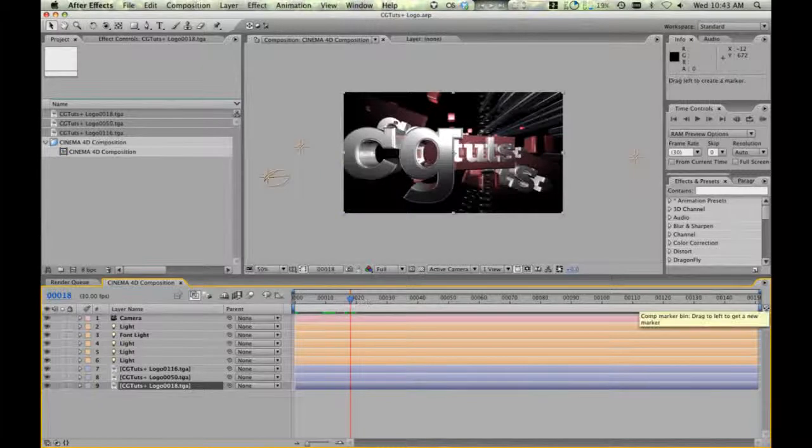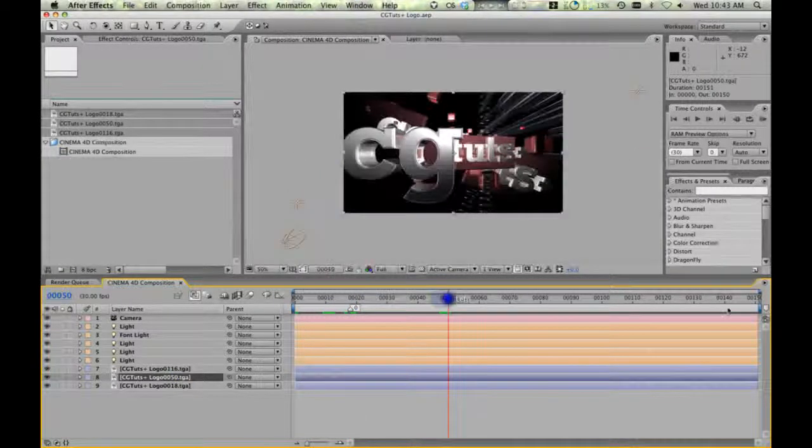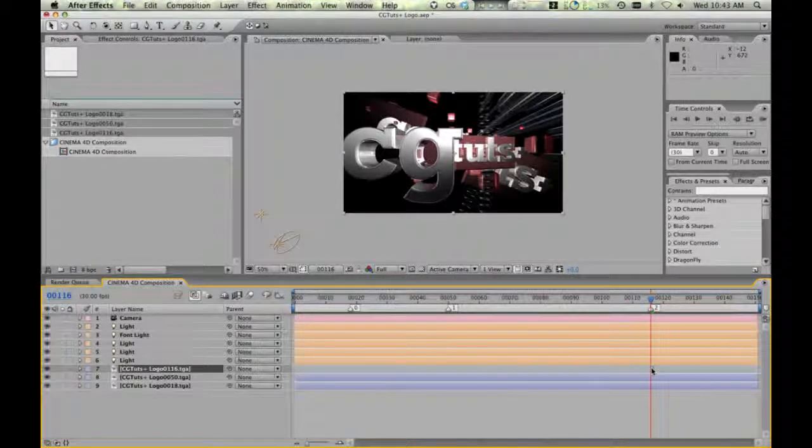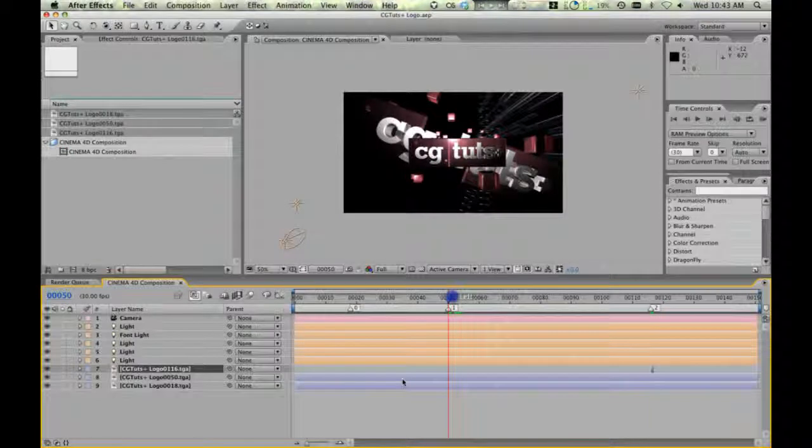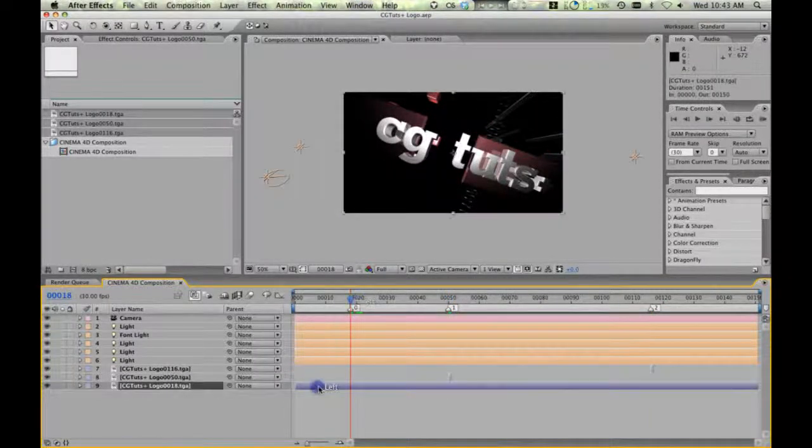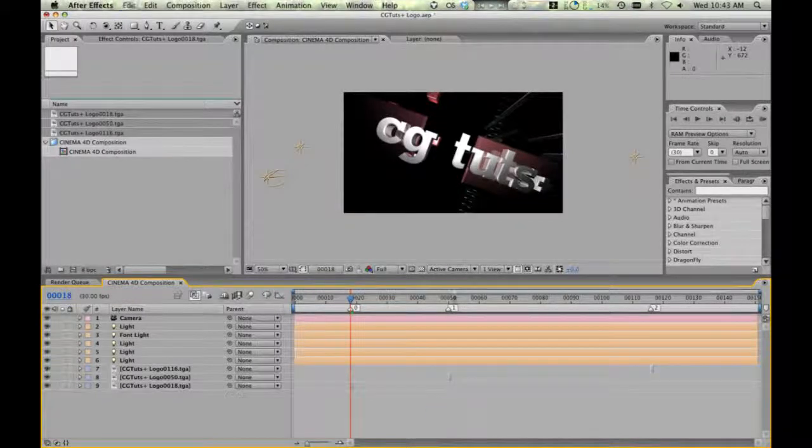Gonna put a marker right there. Frame 50. Gonna put another marker right there. And frame 116. And we drop another marker there. Grab frame 116, bracket, bracket. Frame 50, bracket, bracket. And frame 18, bracket, bracket. There we go. Here are our 3 style frames